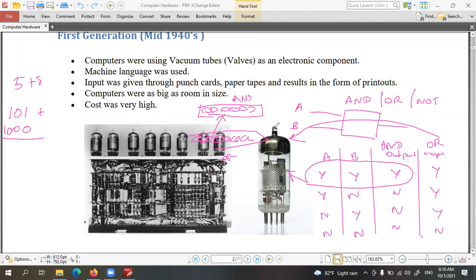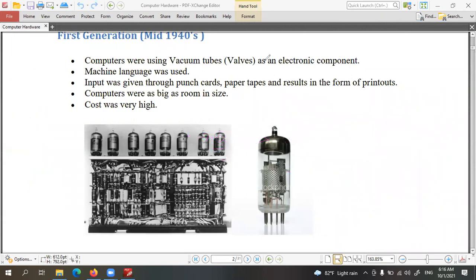By performing these AND, OR, NOT and plus commands using the vacuum tubes, they were able to calculate these values, and this is 13. So the basic hardware device developed to perform calculations or to process data is the vacuum tube. In the first generation of computers, these vacuum tubes were arranged together as a processing unit to perform calculations.